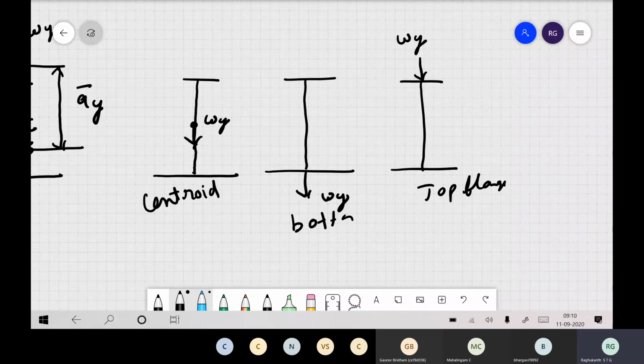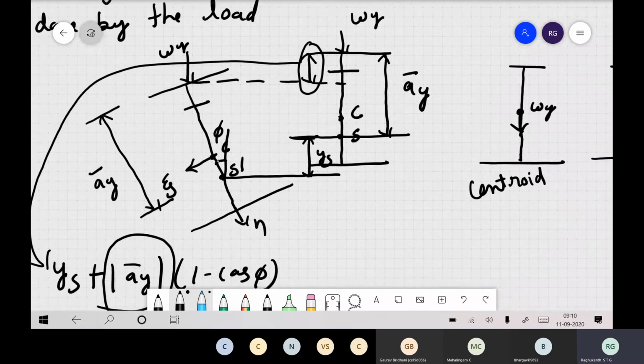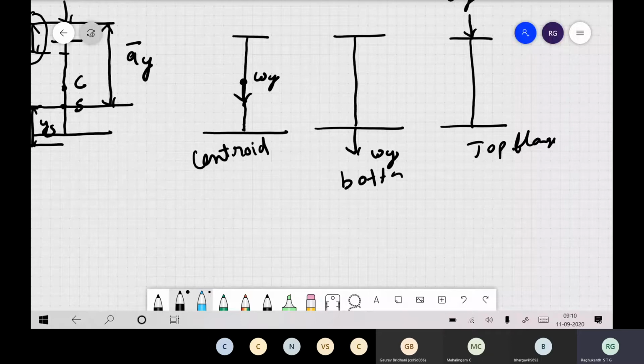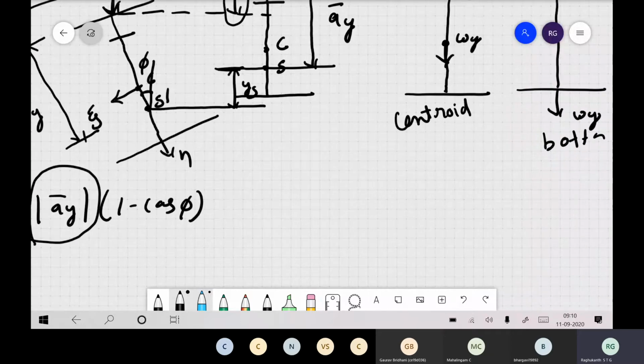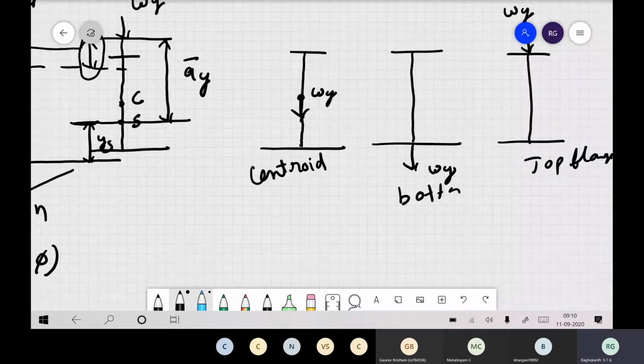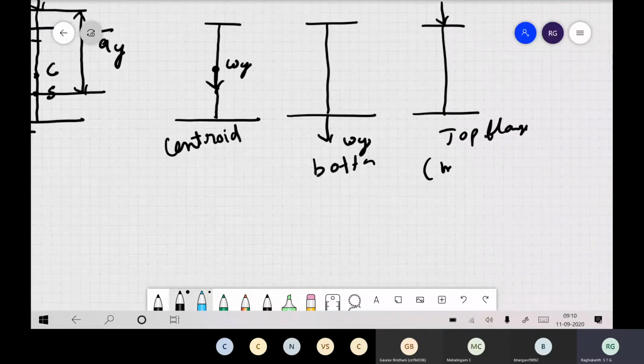Why top flange? You can see this figure. The rotation is phi, and when the load acts at the top flange, it induces a movement that causes a toppling kind of effect. When the load is applied at the bottom flange, it tries to arrest this lateral torsional buckling itself. Even in our IS code they mention all these things, including neutral, stable and unstable types. So it is more dangerous when you apply the load on the top flange.